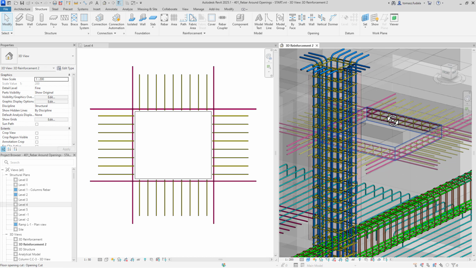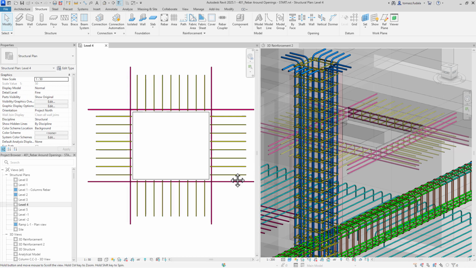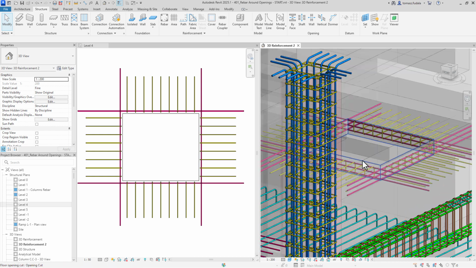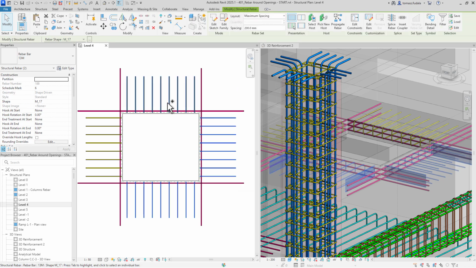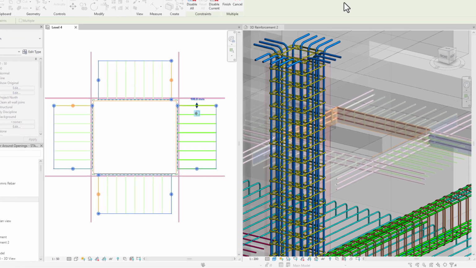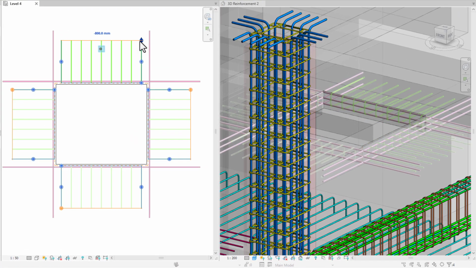Finally, I would like to show you how quickly we can modify reinforcements for any opening using rebar constraints. We can do this simultaneously for several selected rebars. When you click the start or end of bar for one of the sets, you may notice that the corresponding end is highlighted for the other bars. Now, I can edit the offset to -600 mm, and this is applied to all corresponding ends and keeps their